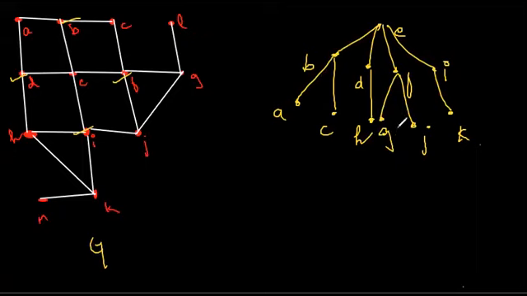Now to level 2 vertices, let's start from A. A is connected to B, D already in our graph. C is connected to B, F already in our graph. Then H is connected to, let's see H, it is connected to D, I and K. Those are also already in the graph. We have D over here, I over here and K is over here.